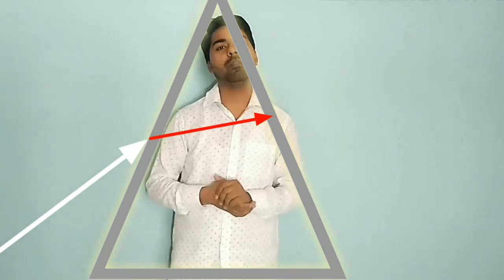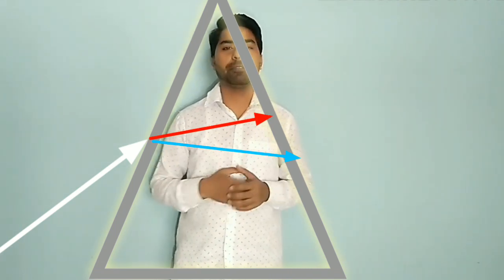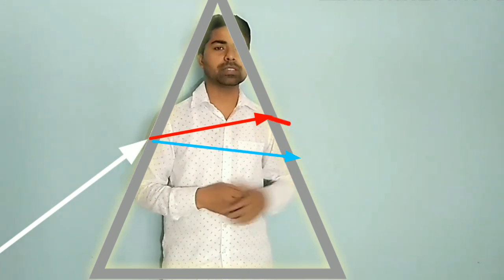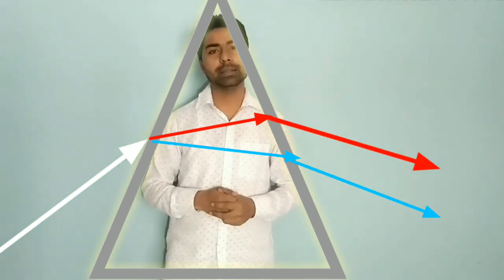For that, consider this is a prism. In the same way, white light falling on the prism will split into its constituent colors, but I am showing only two colors, the extreme colors, one red and the second violet. And then it will deviate, meaning emerge from the prism. So this was red and the violet.